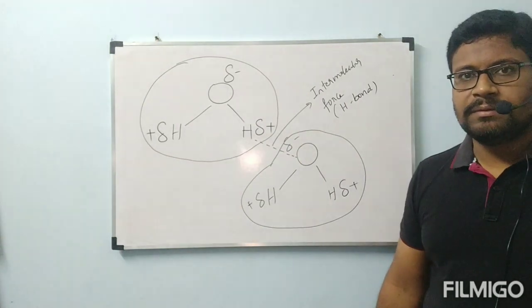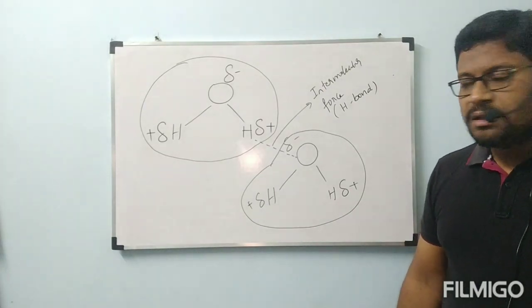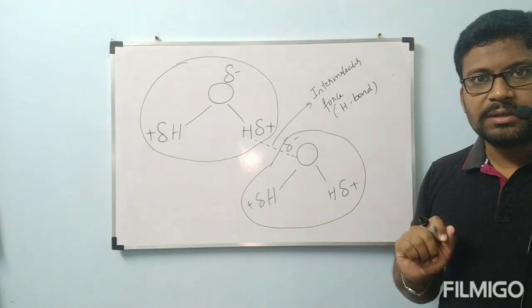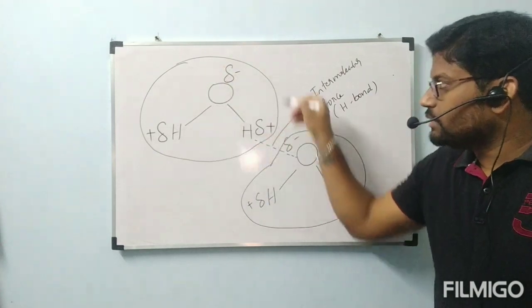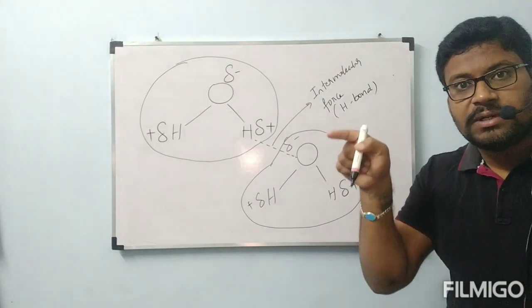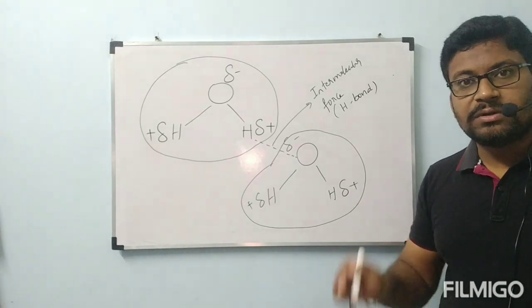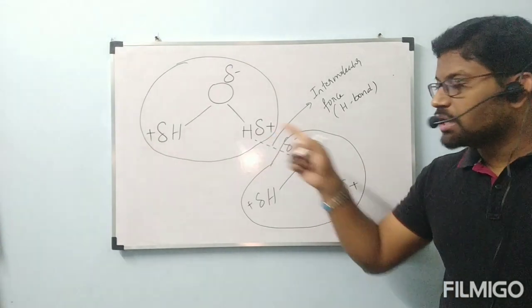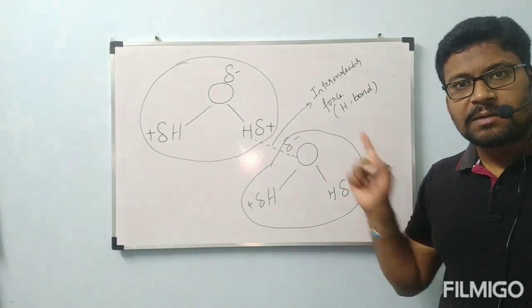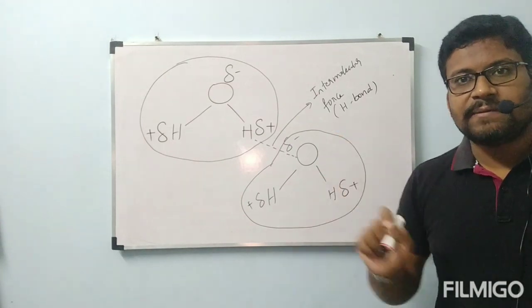Once observe the diagram, all of you. Please, everyone, you have to keep it in mind once again. This hydrogen bond is not like ionic bond or covalent bond or coordinate-covalent bond. After the formation of molecule, intermolecular forces will exist. Those intermolecular forces are going to decide the state of the substance. Water is in liquid state because of the presence of intermolecular force. That intermolecular force is called hydrogen bond. Because of this hydrogen bond only, water is present in liquid state.